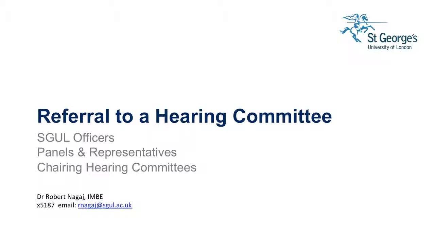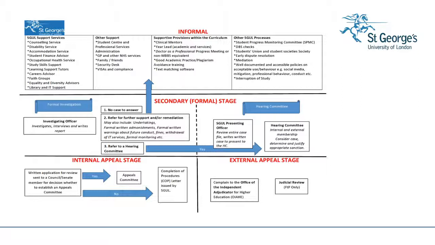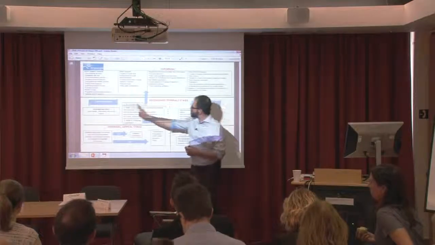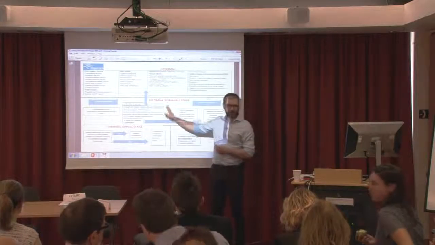Before we start, let's have a look at this lovely diagram that Rachel has created, in a little bit larger version, so that we understand more clearly where we are at the moment. What I find quite confusing in our procedure is that everybody is an officer in one way or another, and then you just don't know what it is that you're actually meant to be doing. So what's been discussed so far is on this side of this graph.